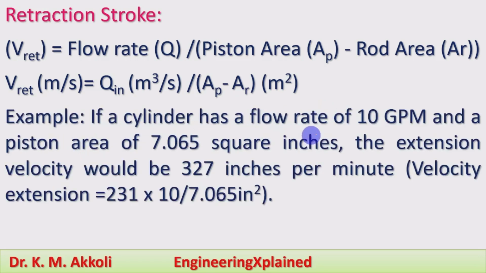Example, if a cylinder has a flow rate of 10 GPM and a piston area of 7.065 square inches, the extension velocity would be 327 inches per minute. Velocity extension can be determined as 231 into 10 by